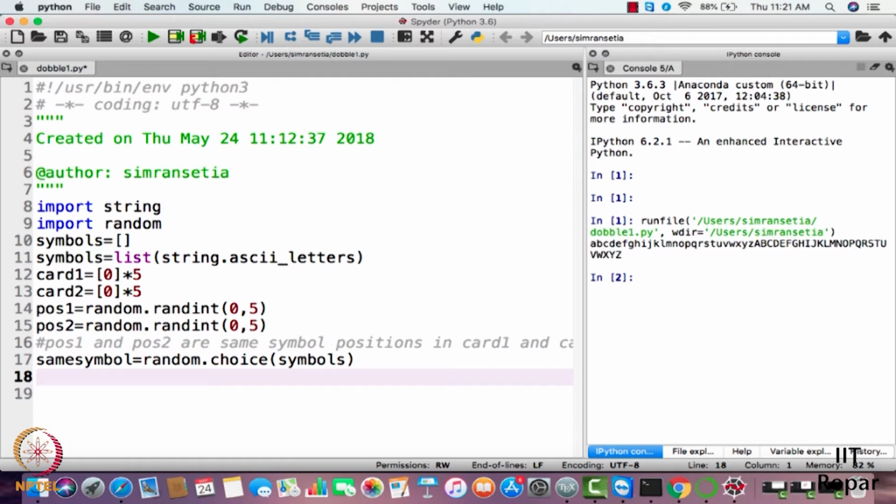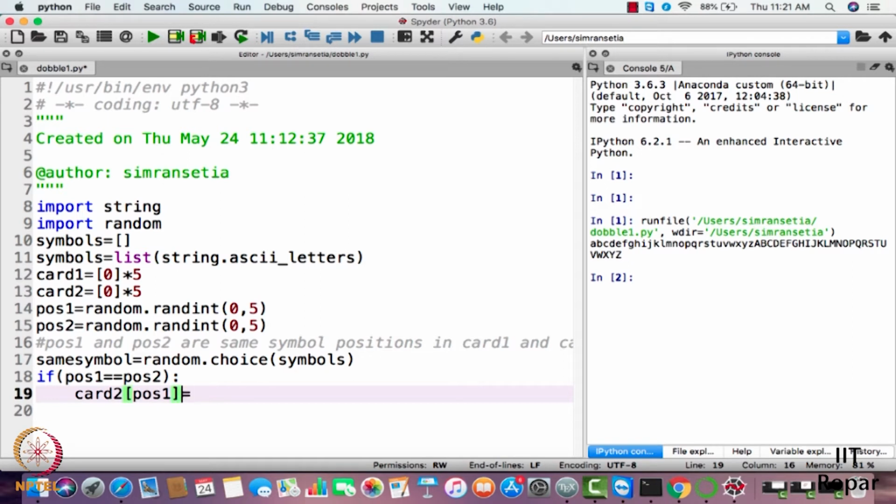Okay. So I'll have here if POS1 is equal to POS2, then card 2 POS1 is card 2 POS2 or POS1, whatever you want to take, since they are equal, will be equal to same symbol.